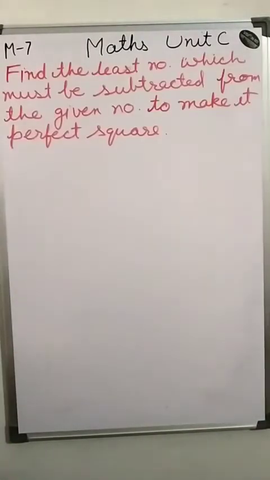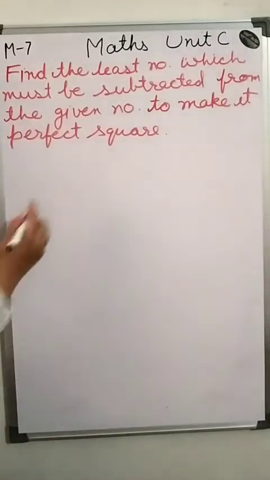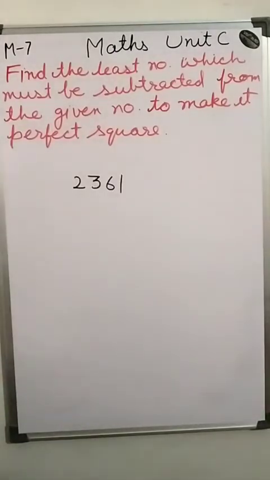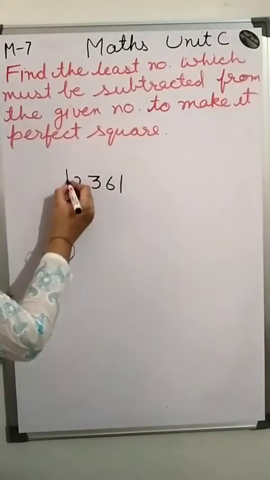Here the question is, find the least number which must be subtracted from the given number to make it a perfect square. So the number is 2361. So first what we do here? First we calculate its square root. Then how do we calculate its square root? So what we do here,